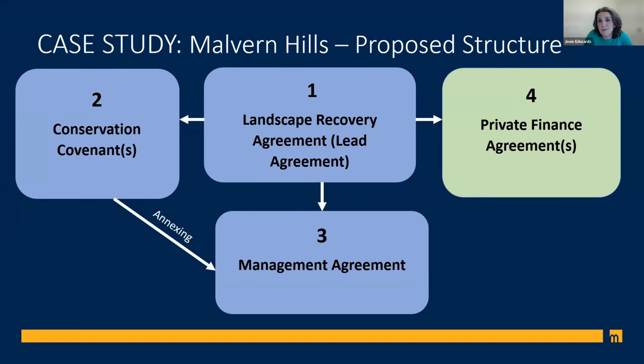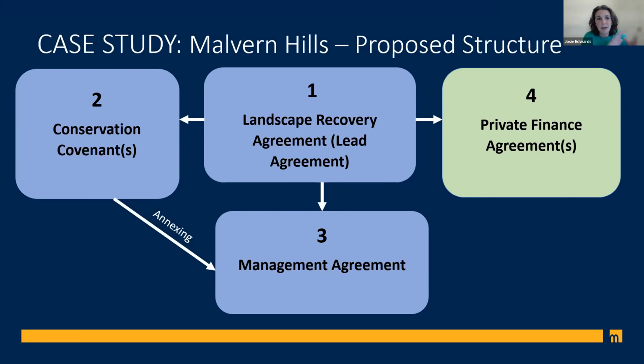It looks unlikely that public funding is going to be sufficient on its own, and Defra are giving clear indications that the landscape recovery schemes are going to have to rely on private finance to a degree. So there's an anticipation that we will be looking at blended finance, as we refer to it. But we also think that there is likely to be additional separate opportunities in the private sector, perhaps in the context of nutrient neutrality or biodiversity or woodland creation. And the structure that we're proposing would allow stakeholders to potentially exploit those additional opportunities, subject, of course, to the final scheme rules or the terms of the agreement that's entered into in terms of the landscape recovery scheme.